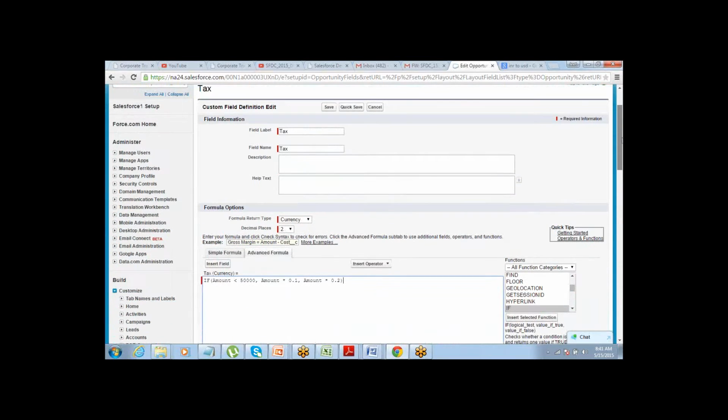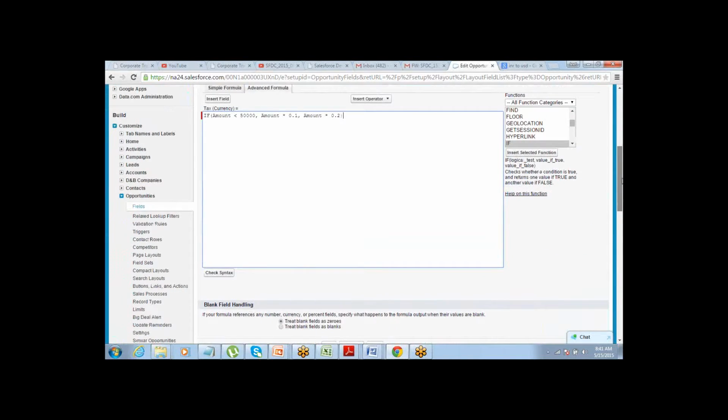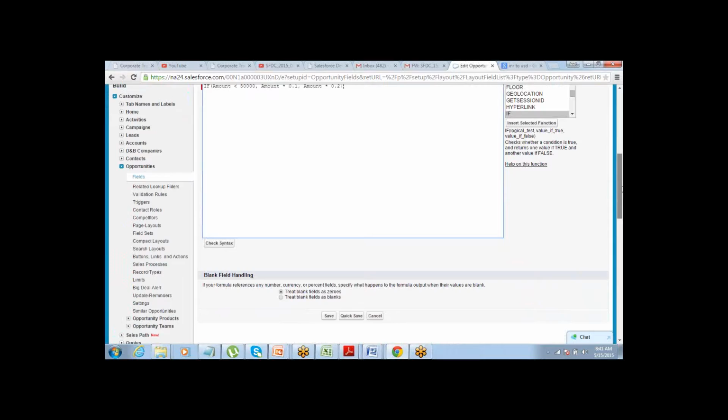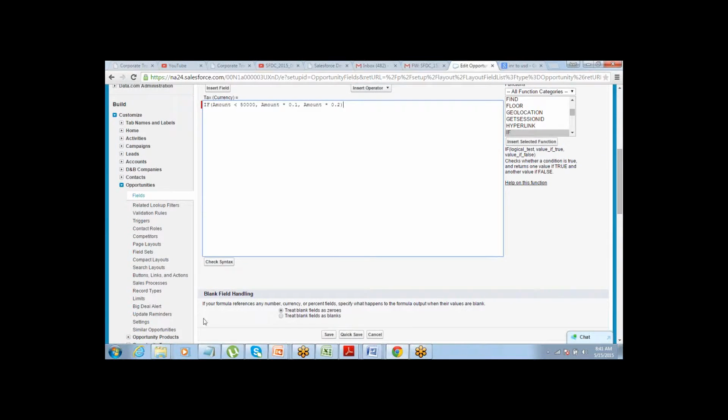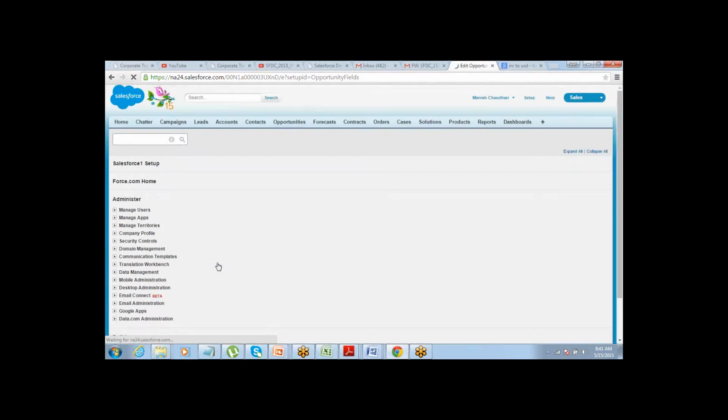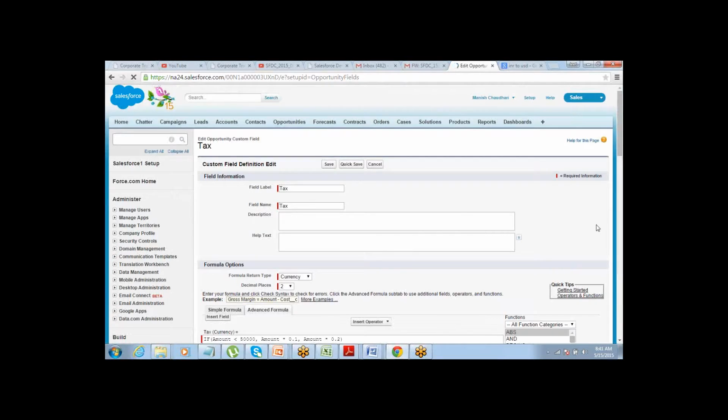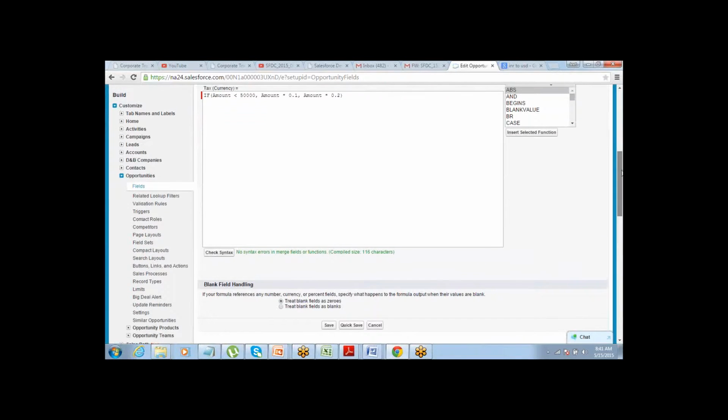Now we can go ahead and check the syntax error. Is there any syntax error? No. So this formula seems to be okay. I'm good to go ahead and save it.